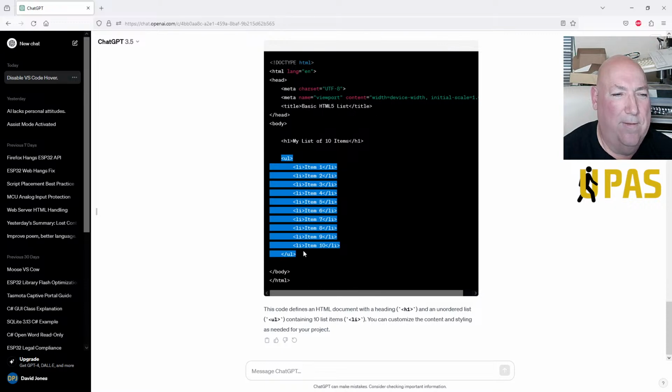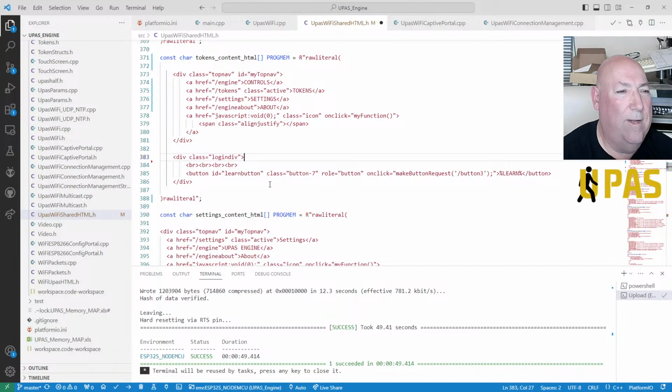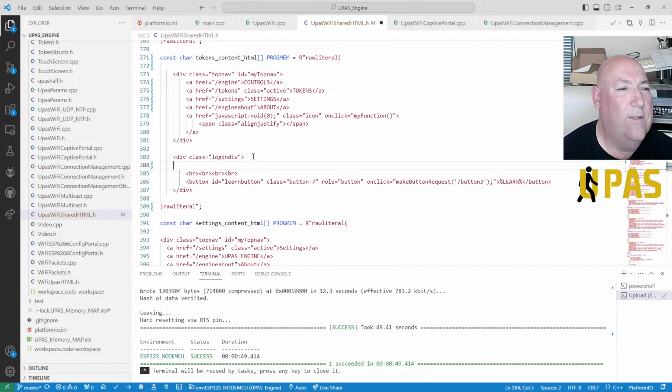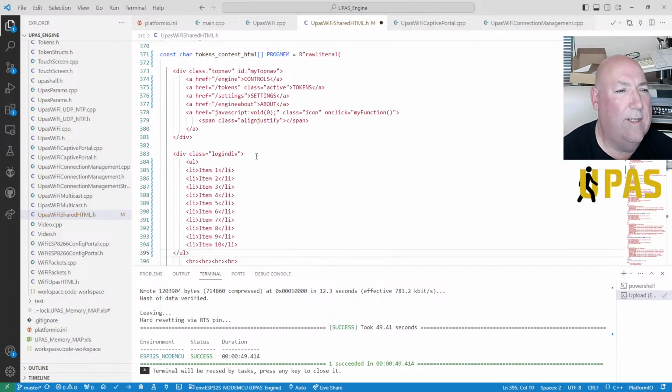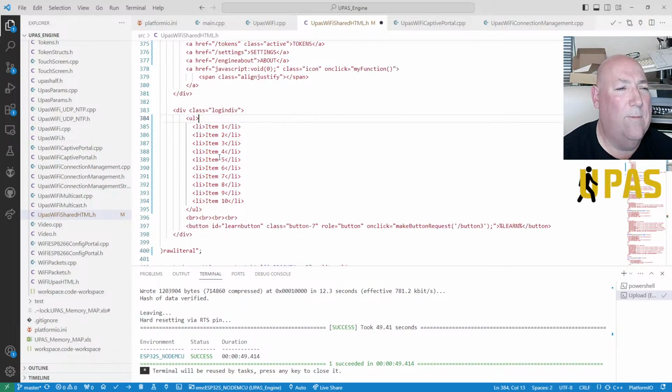That's all I want to put into the code I've got here, just as a placeholder. So I'm just going to put the list into there. That's it. Unordered list. Now the formatting's a bit out. Way out. Let's just do that. Okay, so we've got our unordered list, item 1. As long as it shows us a list with a button. Let's get rid of a couple of these breaks.